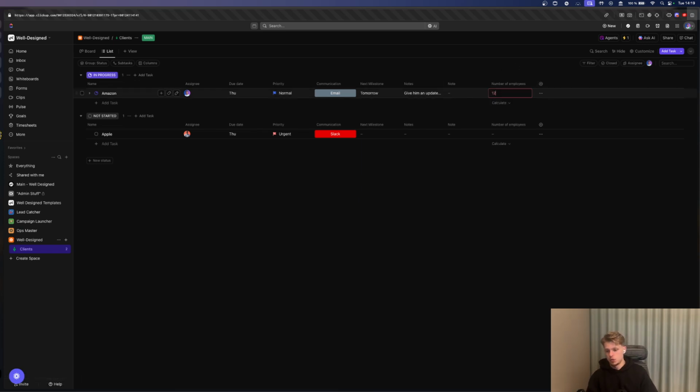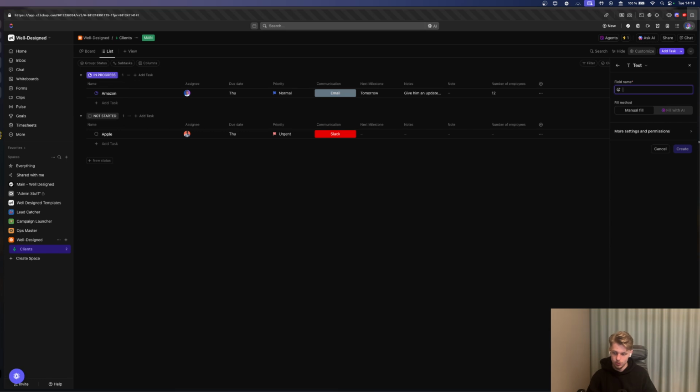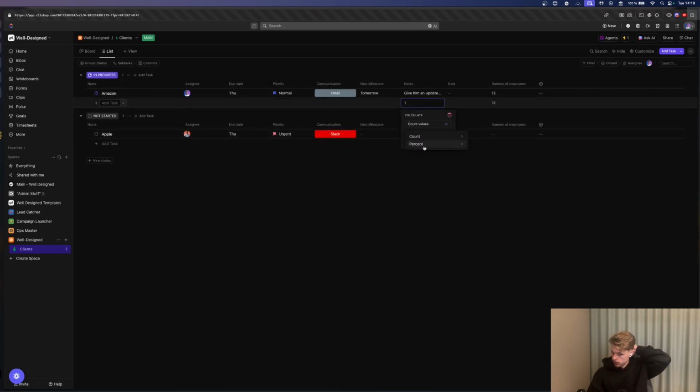And here you just can't write text. That's the difference. You can only write numbers, but otherwise it kind of works the same. But the thing you have to remember, why you shouldn't write numbers into the text field, is because you can't calculate them later down the line, which is important to note, because you have columns like this: input, calculate, count values. You can't count actual